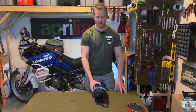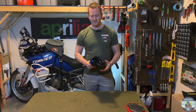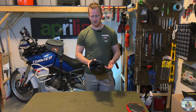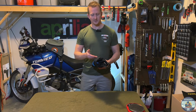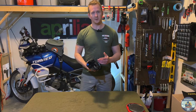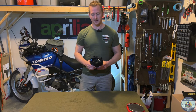Today I'm going to go over the tool roll that I carry on my Aprilia Tuareg 660. It is the Mosko Moto Pinner tool roll, so it is their smaller offering out of the two that they carry on their website. This is a bike-specific kit, so all the sizes and tools are specific to the Aprilia here, but there are going to be a lot of crossovers and ideas that I use in here